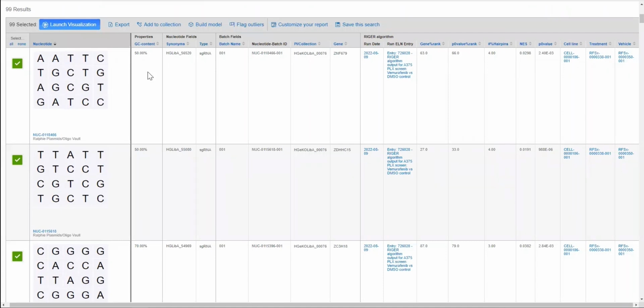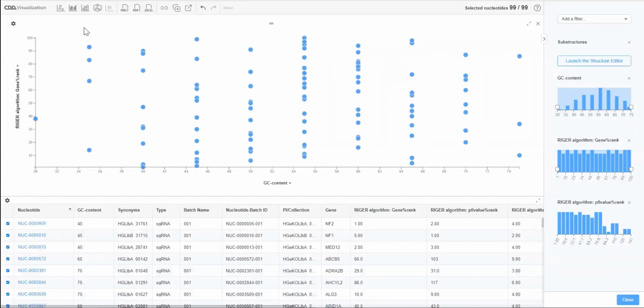The CDD Vault informatics platform includes a powerful data visualization tool, which allows you to more easily draw conclusions on your complex research data. In order to reach the visualization module, simply run a search for data, in this case, oligos and their associated protocol data within your activity and registration system, and you will see this blue Launch Visualization button. Once you click the blue Launch Visualization button, all of this data is taken into a session of CDD